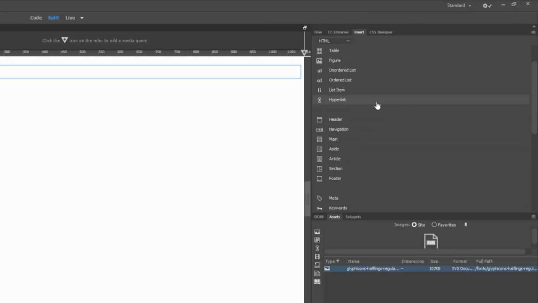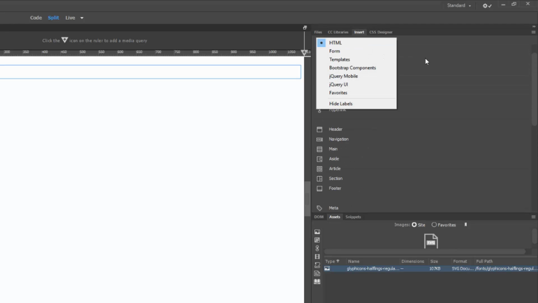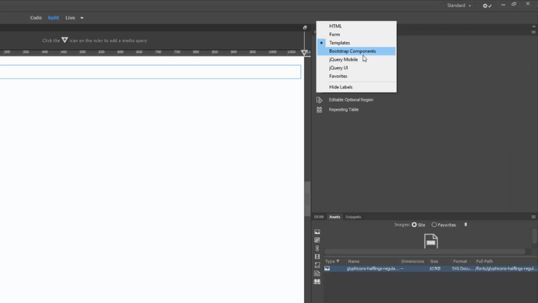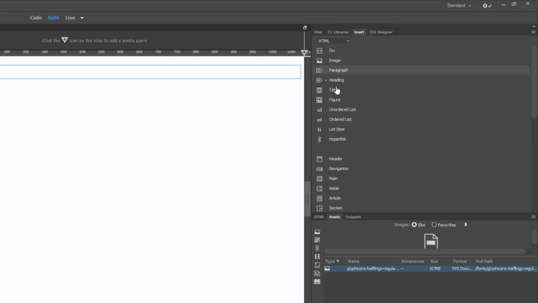One nice thing, this is a really lengthy list, and it does narrow it down into specifics. So we've got HTML as the current, but it can narrow down to specific form elements, template items, bootstrap components, jQuery. You can even make a favorites list. HTML and form I will probably use the most during this course,